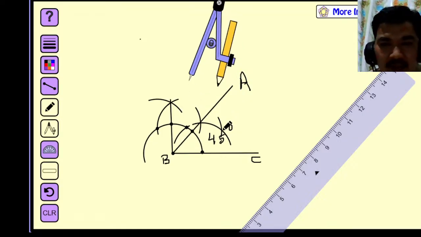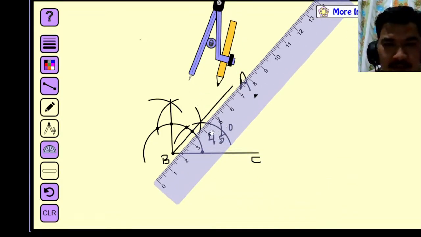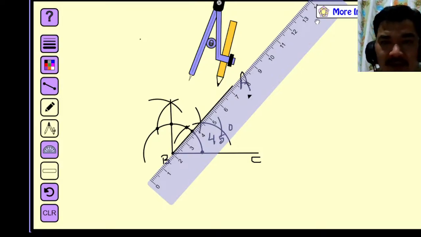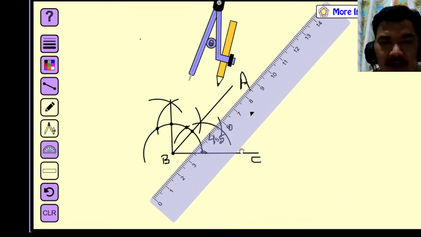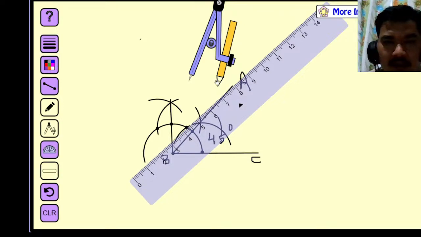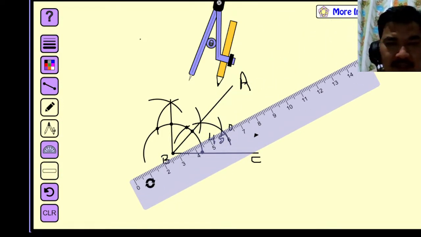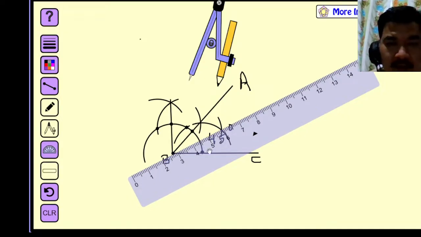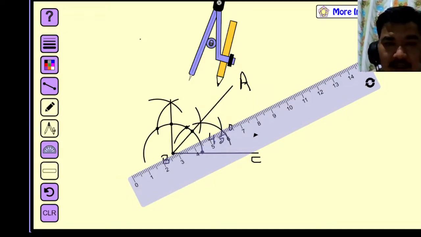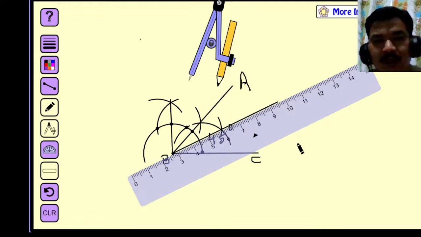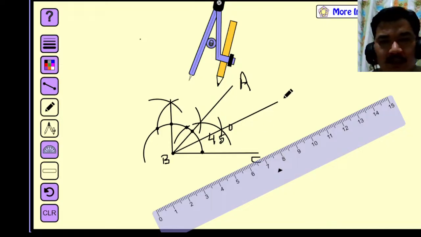This arc, okay, where they are intersecting, this point is the half of 45, right? That is the half of 45, okay? And we can join like this, a little bit off with this, and join here like this. This point be joined with this, okay? Like this, right? Suppose this is D,